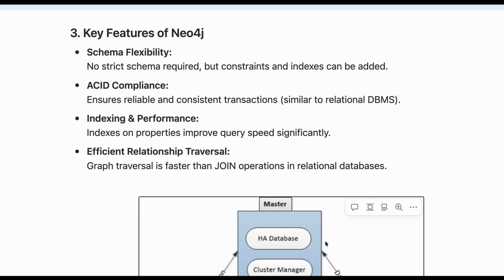The fourth one is efficient relationship traversal. It is faster than joins used in relational databases. The fifth one is replication and scalability. It supports clustering and replication for high availability. The sixth one is visualization. Neo4j provides graphical representation of data, which makes it easy to understand relationships. So we can say that graph databases like Neo4j are powerful for handling connected data and they provide fast, flexible and efficient data processing. So like that you have to write in the examination along with the proper diagram and